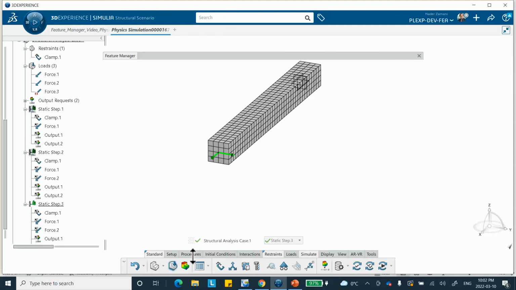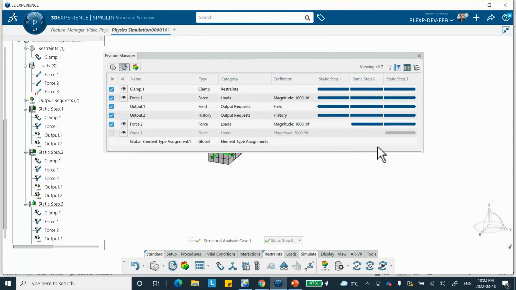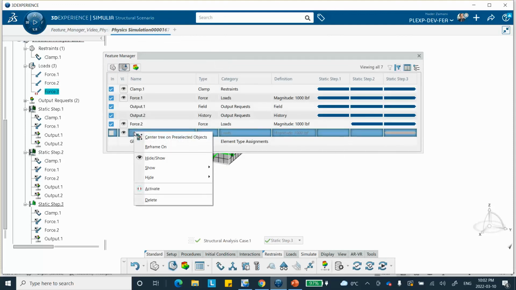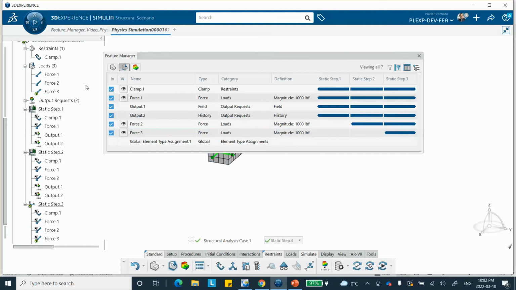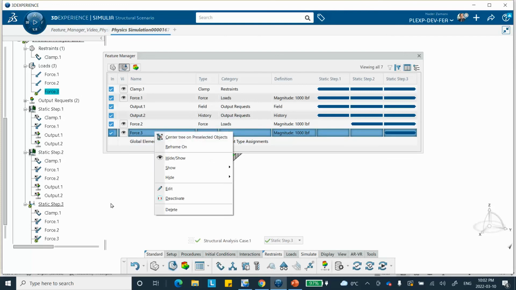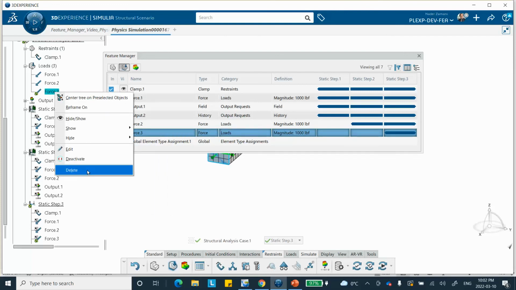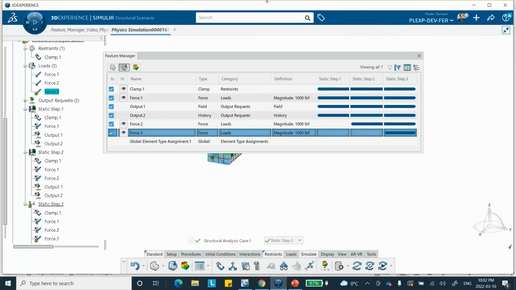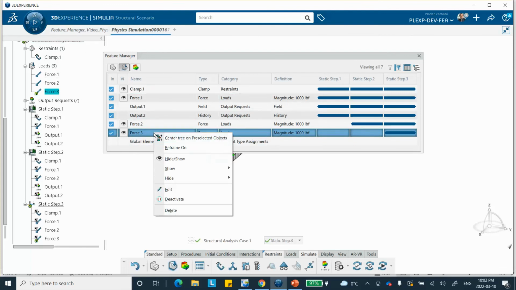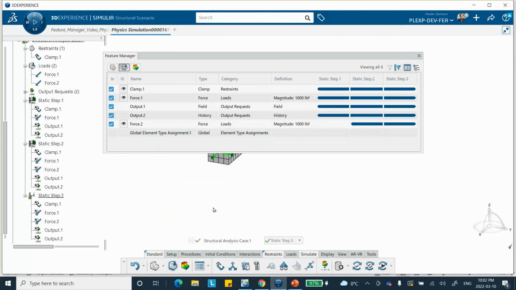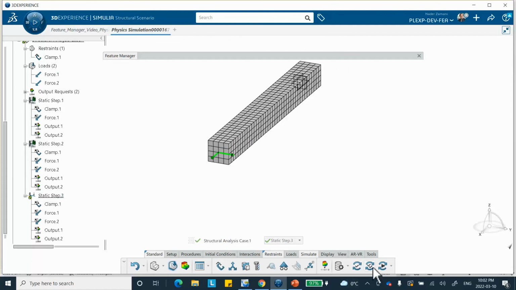And feature manager right there. And this time, you see, I can always bring it back. Right click, activate. It comes back. The advantage is that I did not delete it, in case I needed that force. But you can also go there and right click and delete, which can also be done from here. But I want to show you what happens in the feature manager dialog box. Right click, delete, gone. So if you ever need that, you have to come back and apply the force in the appropriate step. Okay. Now, if I run this thing, I will get exactly the same information that I got by deactivating,